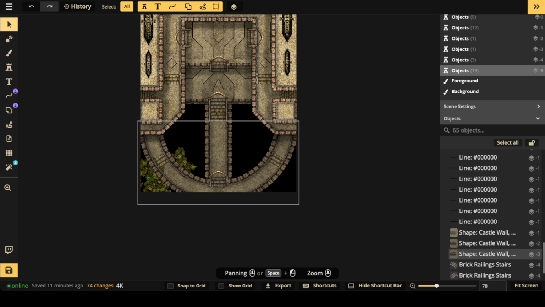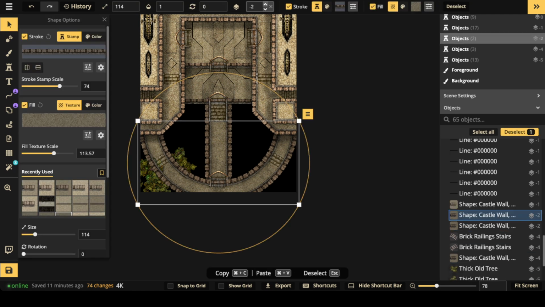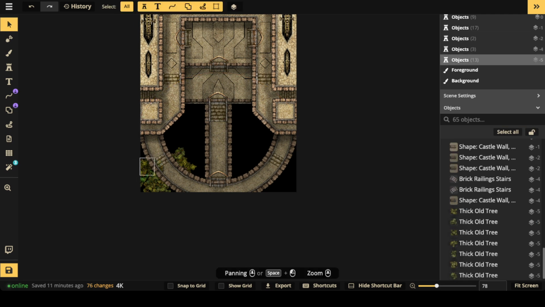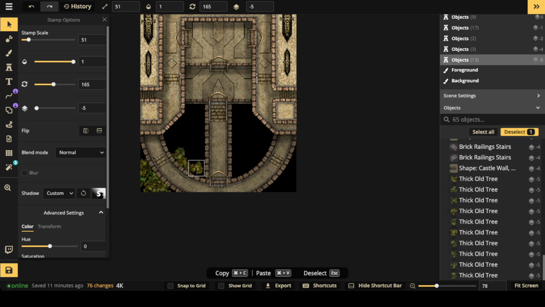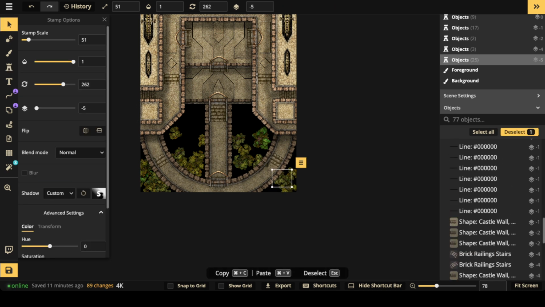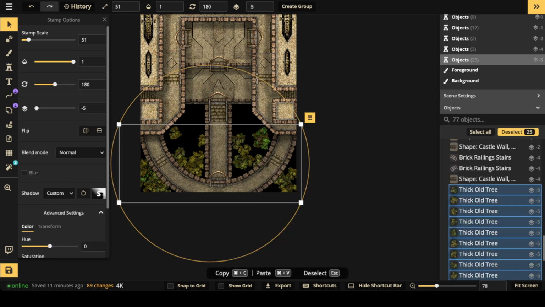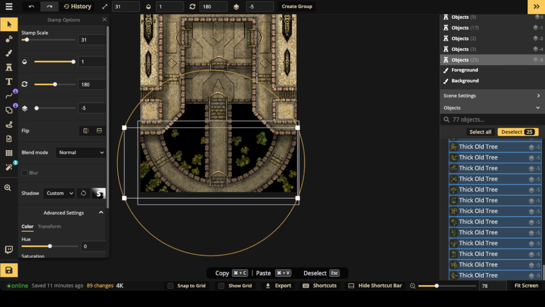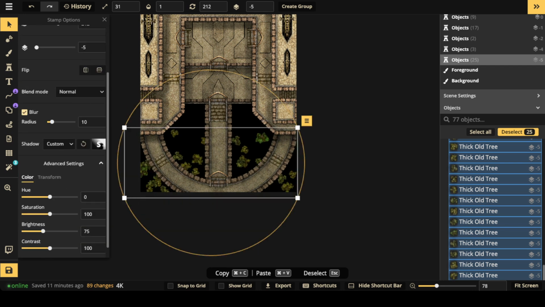Let's make sure that this thing is at the right level too. There we go. I think this tree is kind of, there we go, here. Put some here. And you can scale them down quite a bit too. So let's just select all from the set and just bring the brightness down. And then you can also blur them to kind of show that there is a height